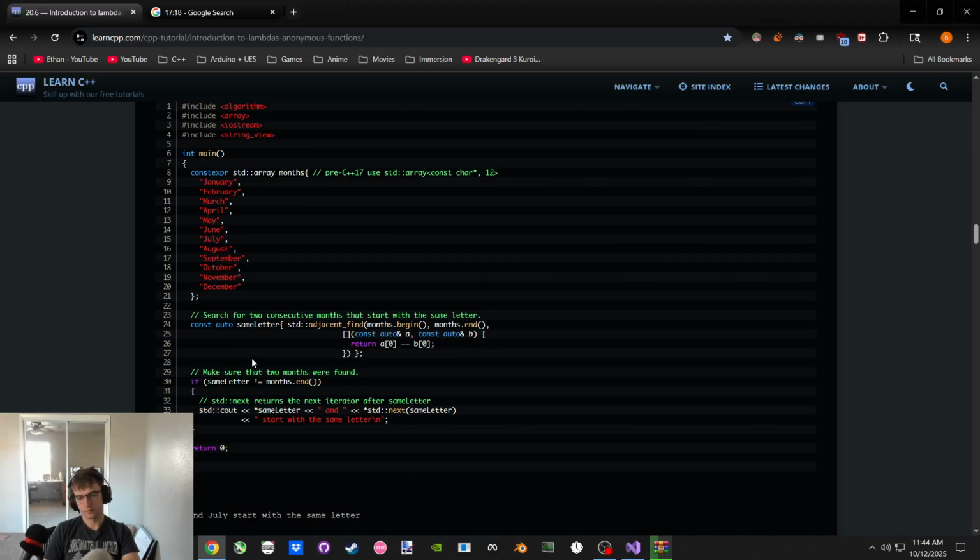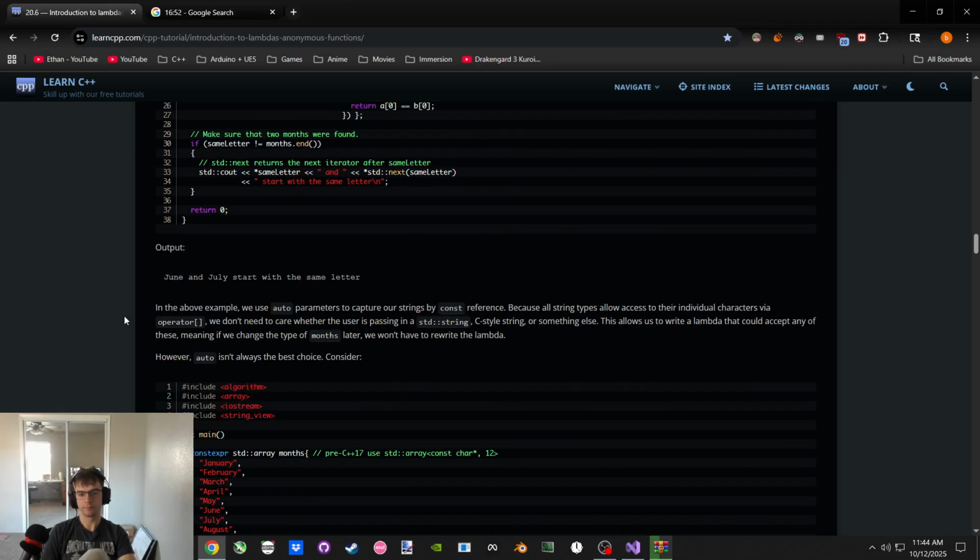Output pointer to it, so getting the value that it's pointing to, so June, and then what? The next one? Oh, standard next is the next iterator, so a pointer to the next element, likely in this case. So it'll be a pointer to June, dereferenced, and then a pointer to July, dereferenced, which is why we dereference standard next to get a pointer to July, and then we dereference it, we indirect it, boom. And then we print this and this, June and July. Cool.